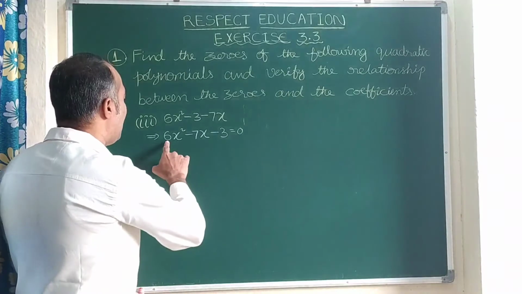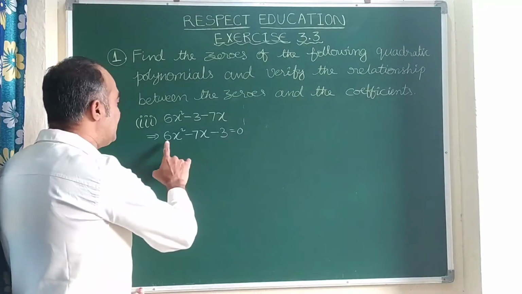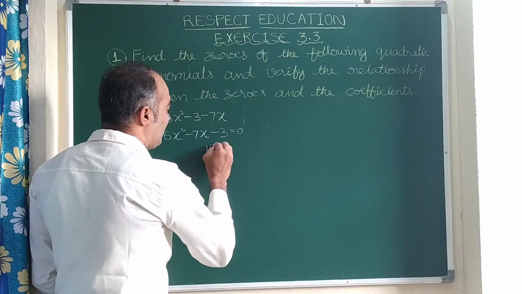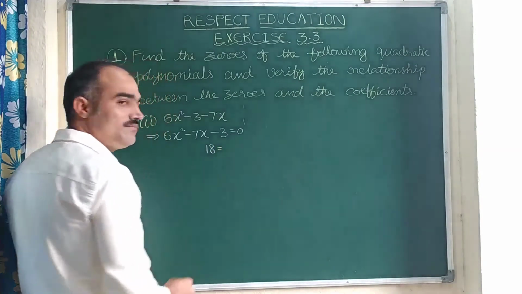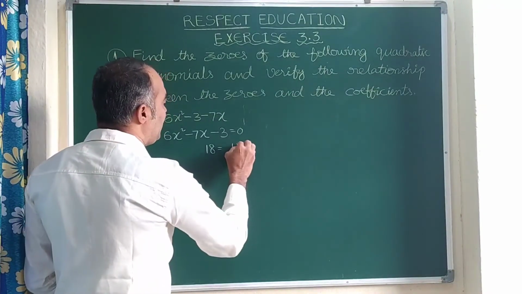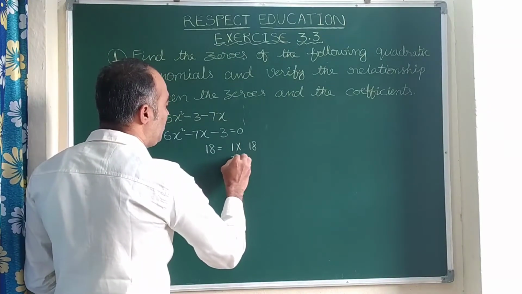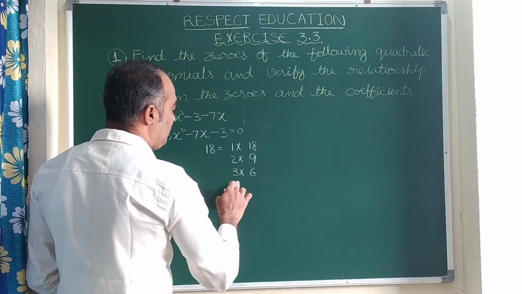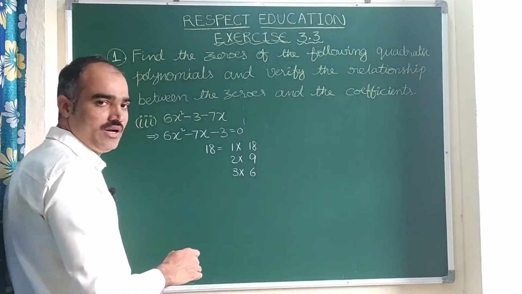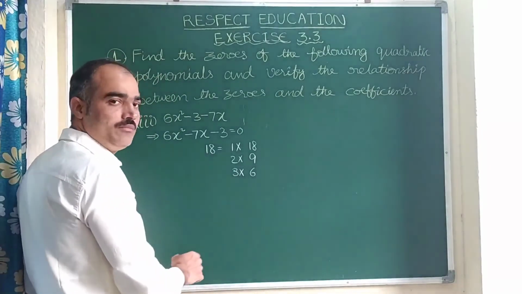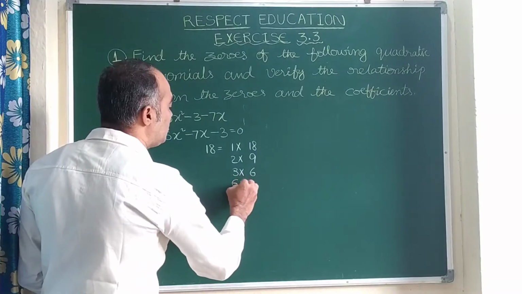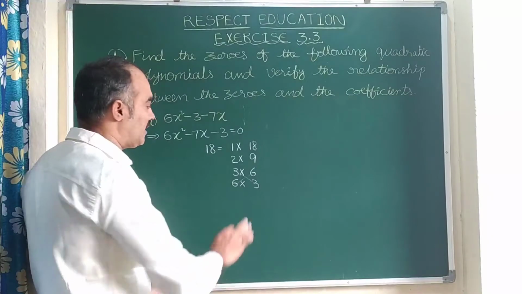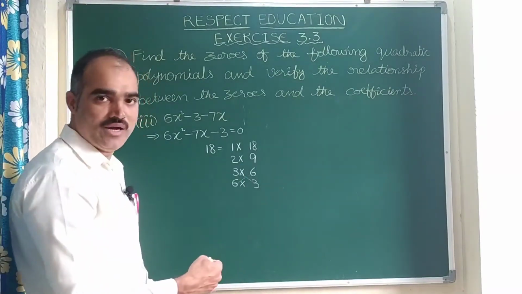Now as usual, multiply the first number and the last number. 6 3s are 18. Now here I am going to write the factors of 18. First, 1 into 18, 2 into 9, 3 into 6. In the 4 table, 18 will not come. In the 5th table also 18 will not come. In the 6th table again 6 into 3, so these two get repeated. So we can stop writing the further factors.